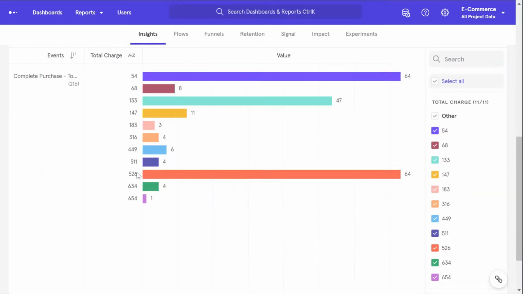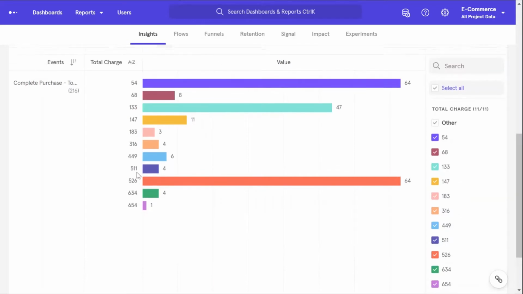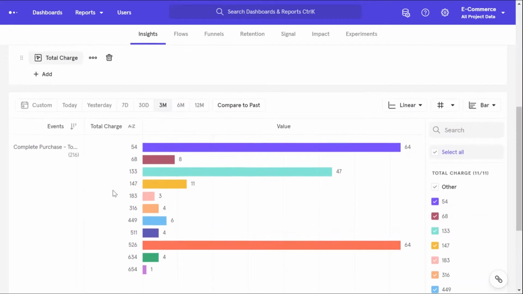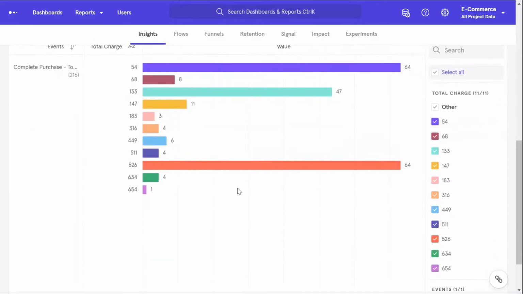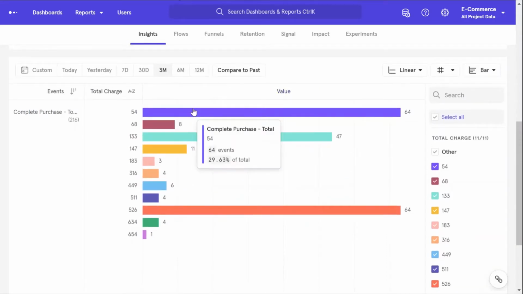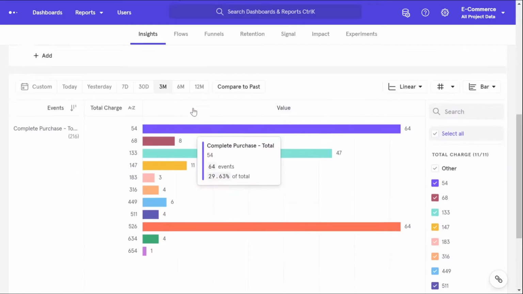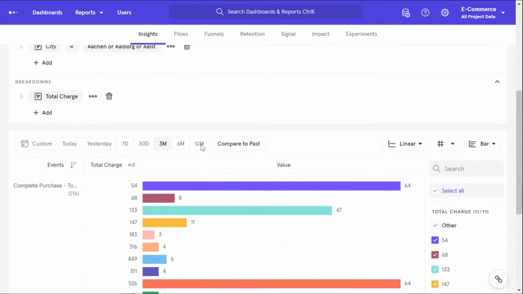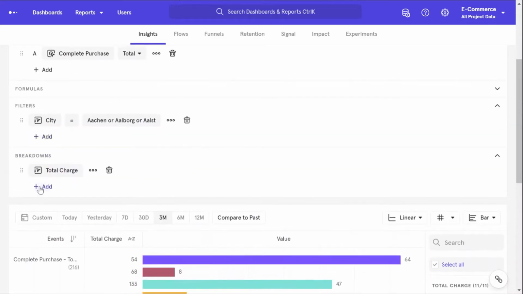Now this could again mean something. For example, one of my guesses is that they have some very popular product where the order total comes to 54, for another one 133, for another one 526. Now I'm not super familiar with this sample data, so I'm not going into further details here, but if I thought so in real data, I would go ahead and break down these orders by products to see if that hypothesis is correct, if all the $54 orders come with the same product. You could apply more than one filter, you could apply more than one breakdown here.